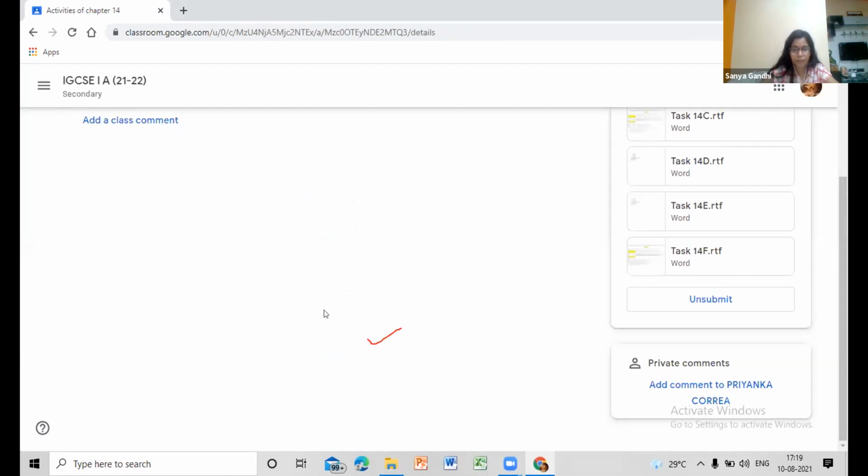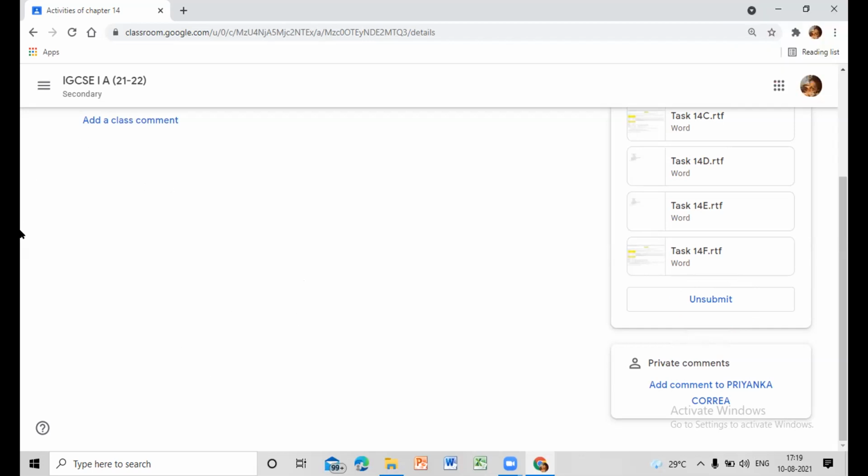Now it's submitted. If you feel that there is a problem and you need to make some changes, then you can also click on unsubmit and it will come back to you from their server. But you don't need to do it now. If it has reached them, it will automatically disappear and come back. Yes, it's just like an undo. But in this case, they will be notified that you had submitted it once before.